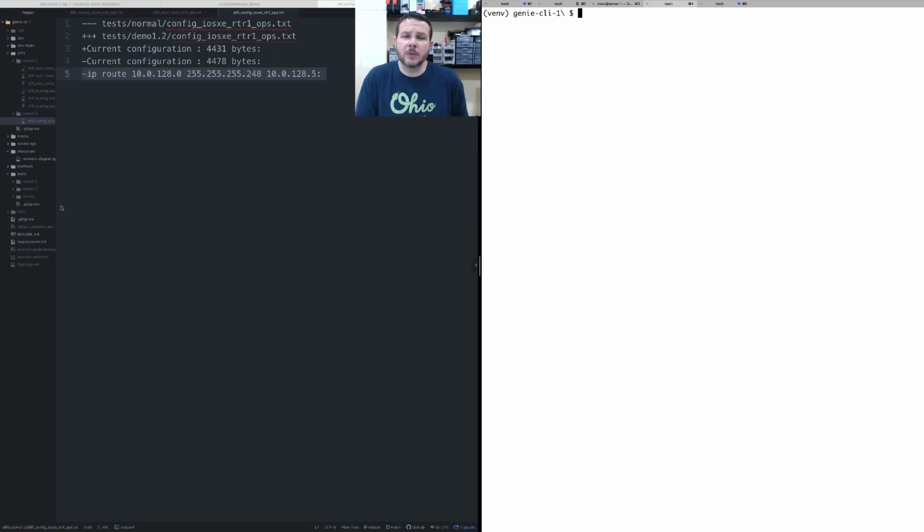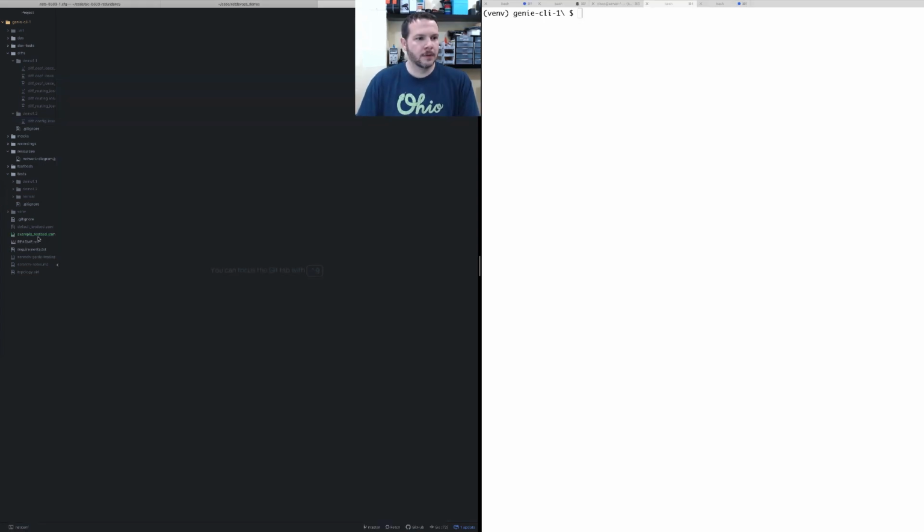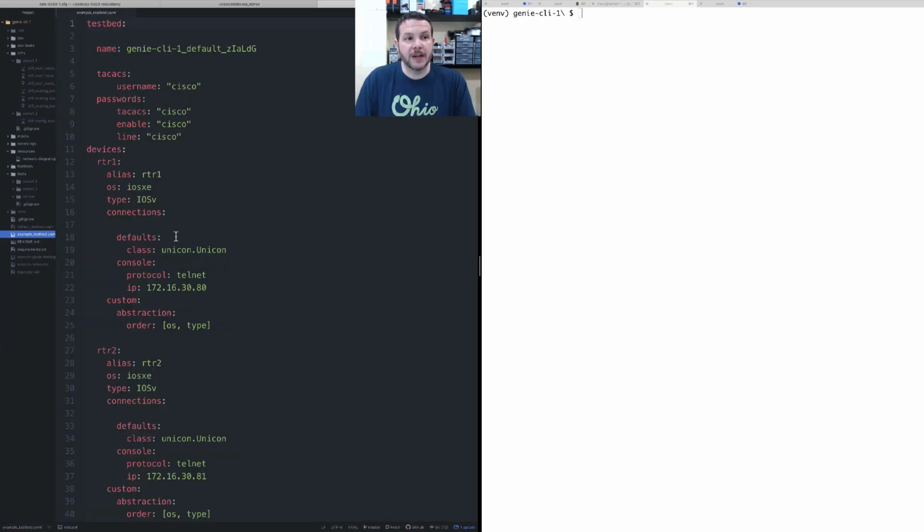If you've experimented with other tools like Ansible and you've used an inventory file, you can think of the testbed file like the inventory file. Okay, so let's open up an example testbed file. Now, the testbed file is a YAML formatted file. If you've never run into YAML before, it's a data format similar to XML or JSON, but the way that